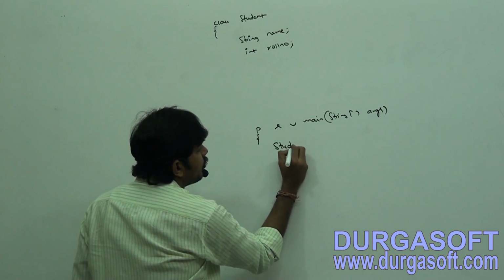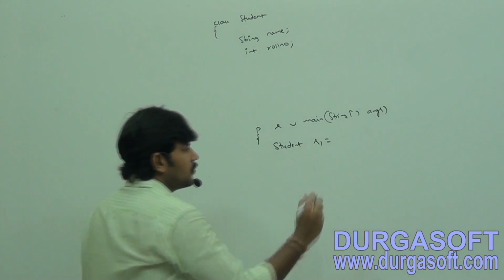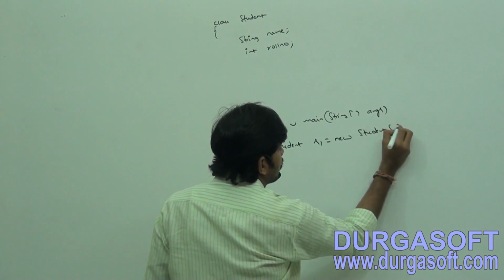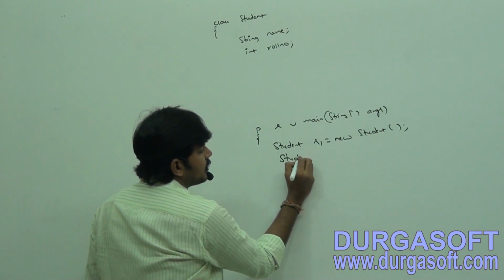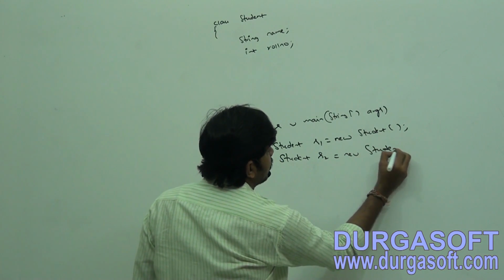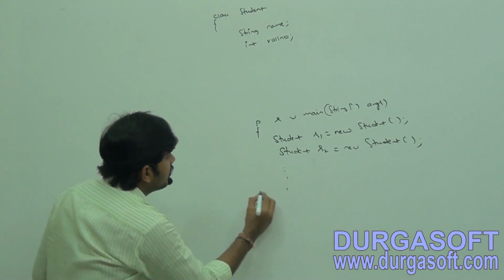Here Student s1 = new Student(); Student s2 = new Student();